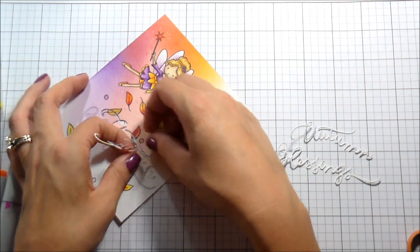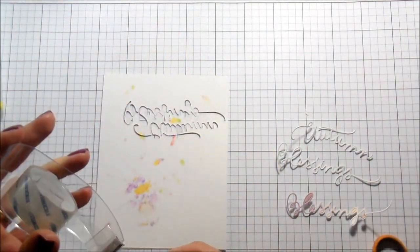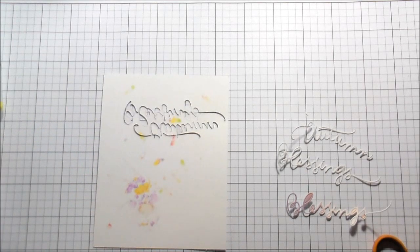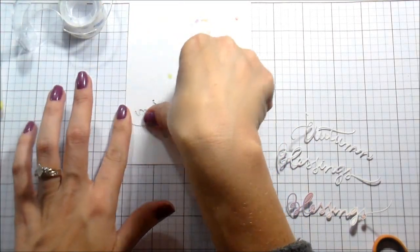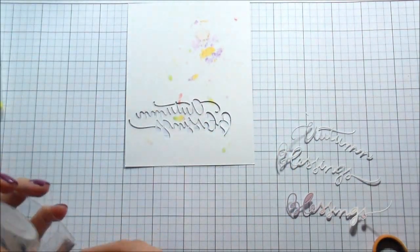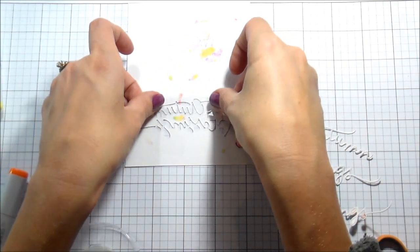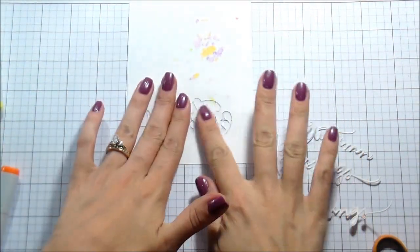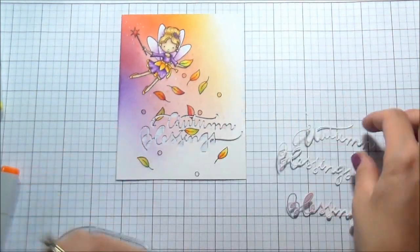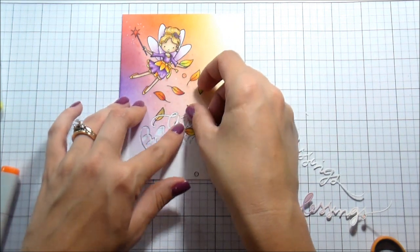The easiest way that I have found to do this is once I have all my words out, I flip my paper over, and then I just put regular Scotch tape on the back. This creates like a sticky little well for them to sit into, and I've never had any issues with it holding up. If you were concerned, you could just glue this down to your card base and then put more glue in as you were adhering your die cuts, but I've never had a problem just using the tape. So I just fit them back in,